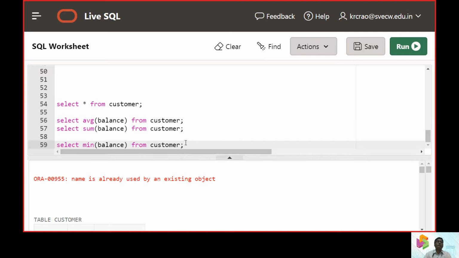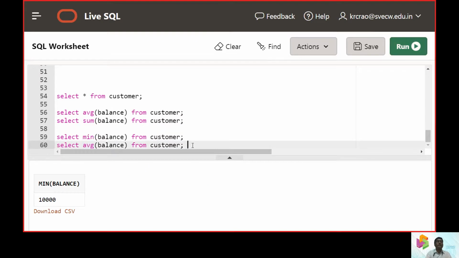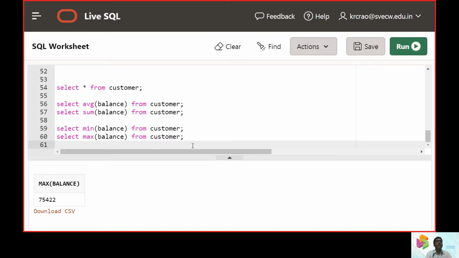We will be checking what the minimum balance was in that customer division. Similarly, we can have another function called max. When we hit max, we will be getting the maximum balance.